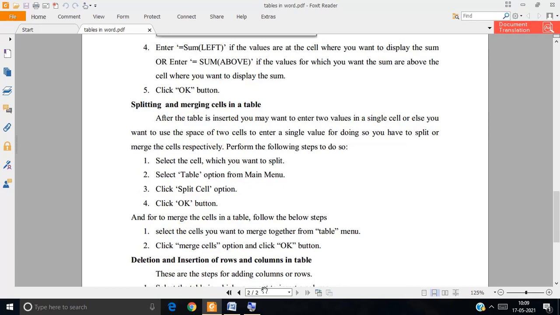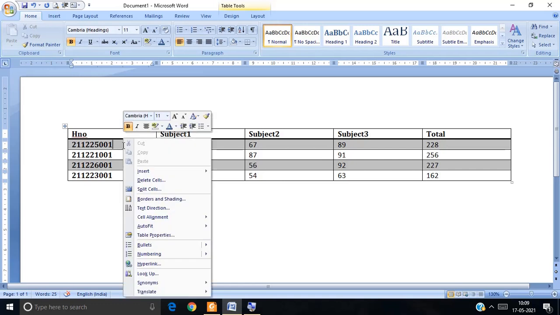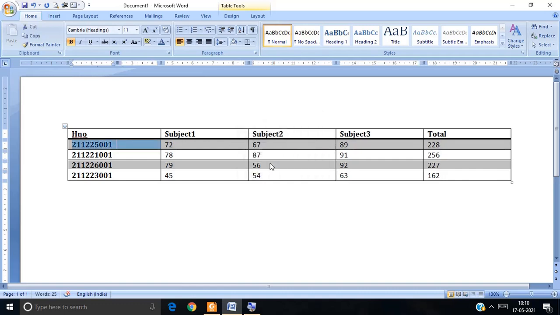Let us observe, I am selecting this cell and I am going to split it. Clicking the right button and selecting the split cells option, the options will be given: number of columns and rows, how many columns and how many rows you want to split your cells into. Then click on OK. Automatically your cell will be split into 2 rows.